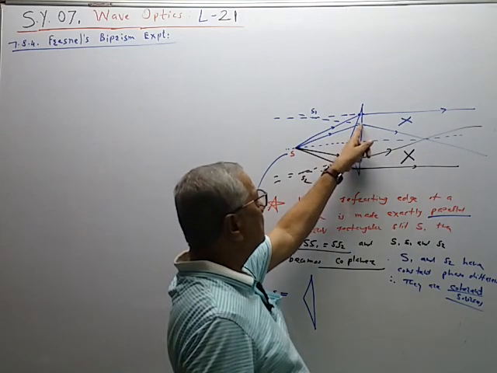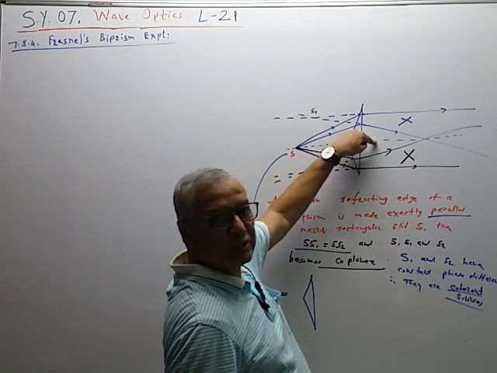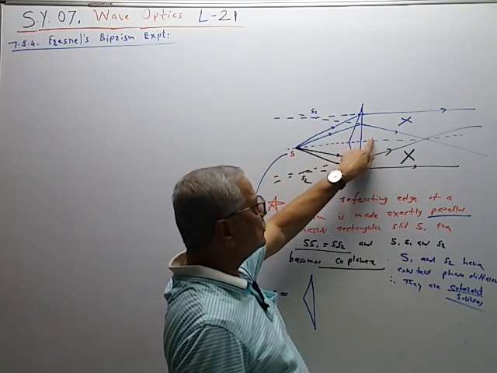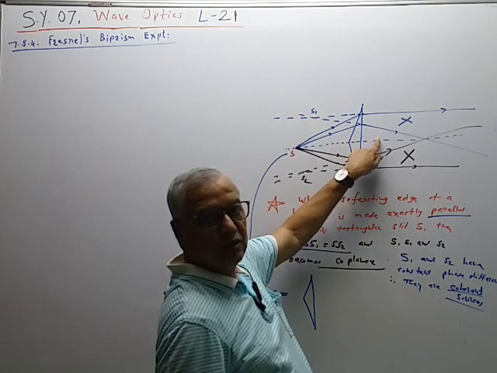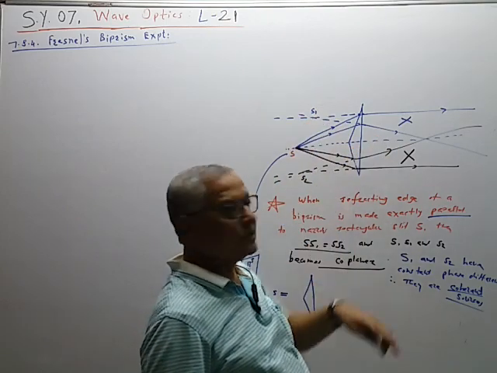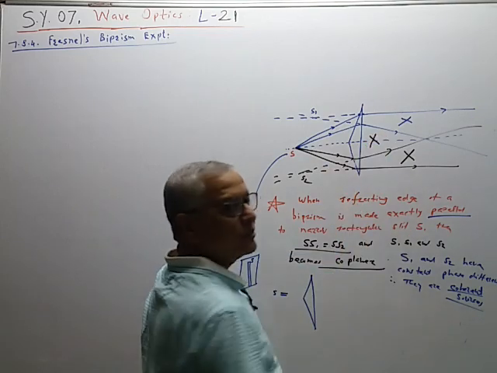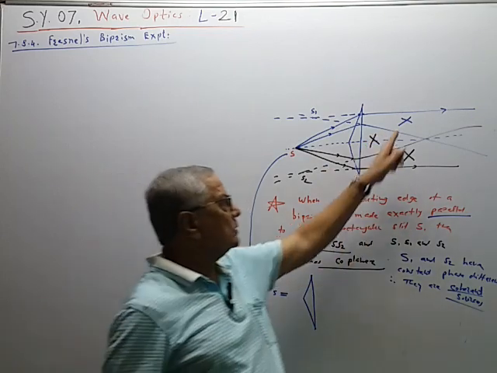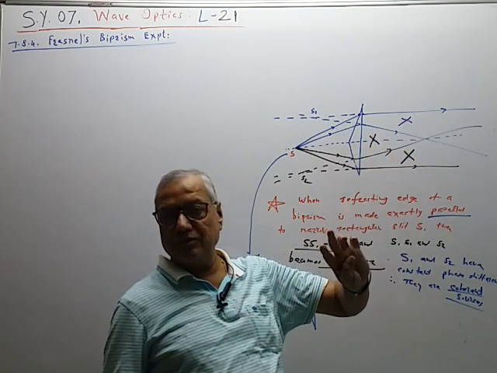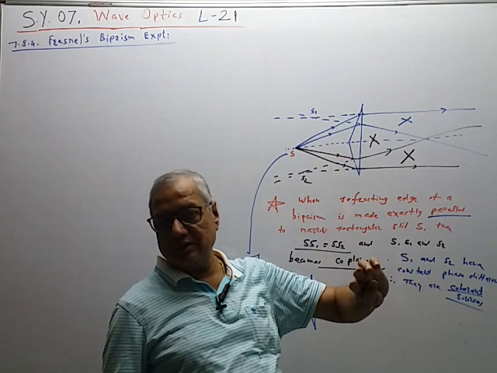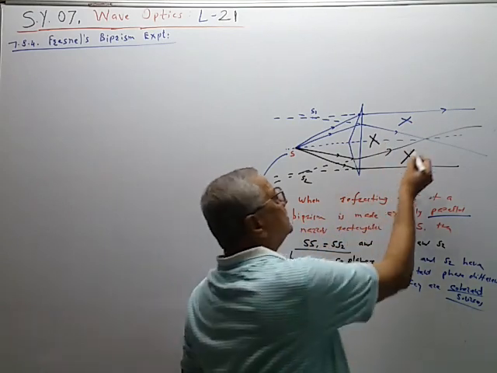In this triangle, below this blue line there are no waves from S1, and above this black line there are no waves from S2. So there are no waves from S1 and S2 in this region. No waves, therefore no crossing. Therefore there is no possibility of an interference band in this region. So in these three regions, there is no crossing of light waves from two different sources, and therefore no interference band is produced. Now consider this point.